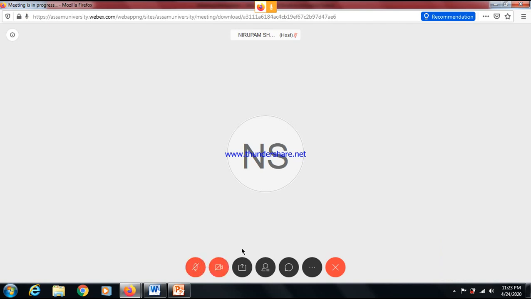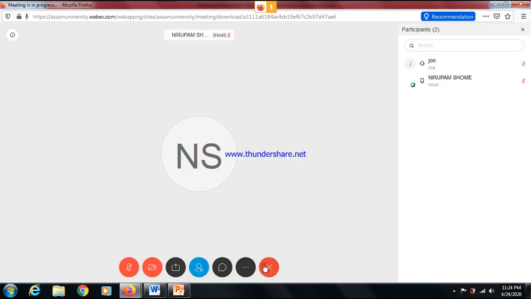so this is the window through which you have to access the meeting. This particular window has some features, one by one we'll see. To see all the participants and the host in the meeting, we have to click here. If you click here, we can see that this is John, that means I am joining from here. This is the participant and this is the host. Okay, so in this way, when the number of participants increases, all the participants will be listed here.